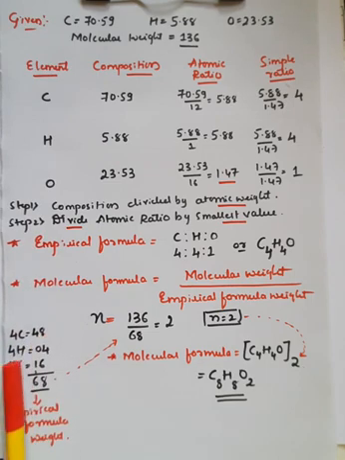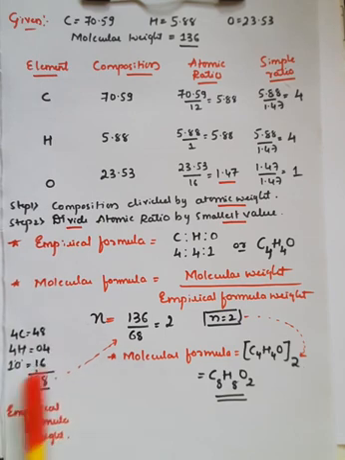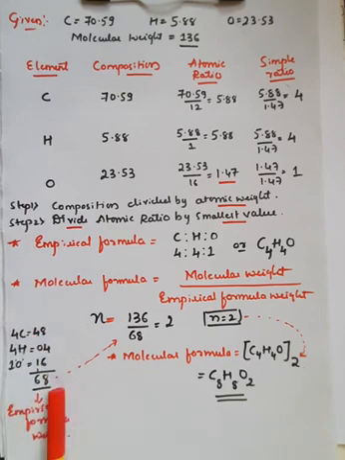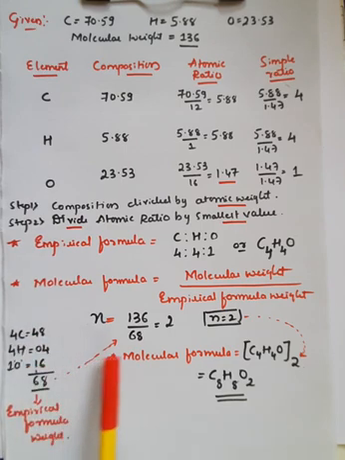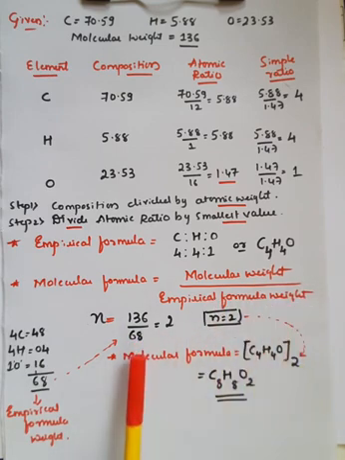That is 48. There are 4 hydrogen. 1 hydrogen has a value of 1, and 4 hydrogen means a value of 4. Similarly, 1 oxygen is there, that is 16. If there were 2 oxygen, it would be 32. So if you add the total, it equals 68. Therefore, I have given here that the empirical formula weight is equal to 68.